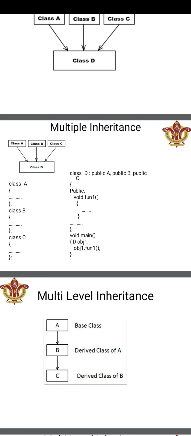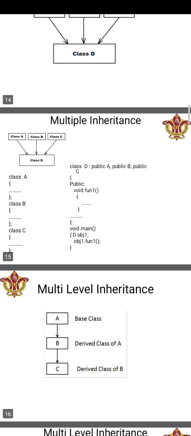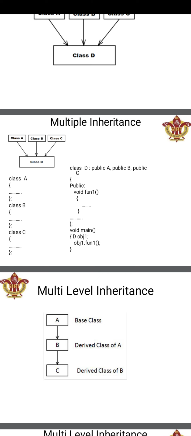So we have to write the syntax like this: class D colon, and then write all the classes which are to be inherited in this class. We are inheriting three classes A, B and C. First of all mention the access specifier, that is public, then space, then class A, comma, public space class B, comma, public space class C. So I am inheriting all the parent classes in public mode. You can say they are publicly inherited. We are doing the public inheritance of the classes